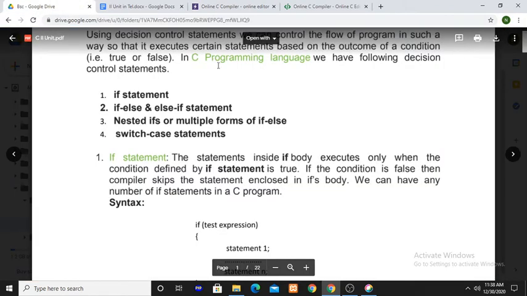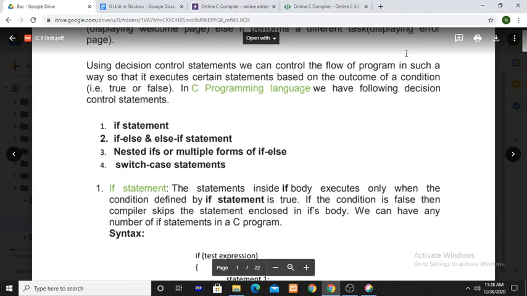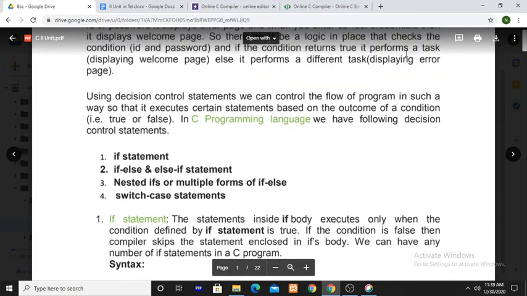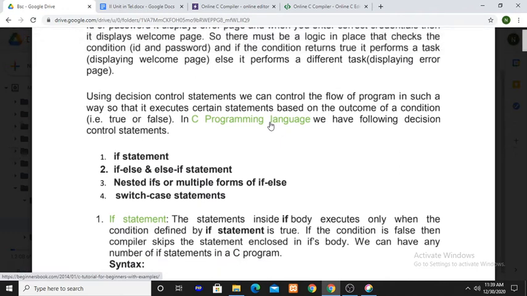The control statements are classified into two types: decision control statements and loop control statements. What is meant by decision control statements? The statements that are executed depending on a condition. If the condition is true, some block of statements are executed. If the condition is false, those blocks of statements are not executed.